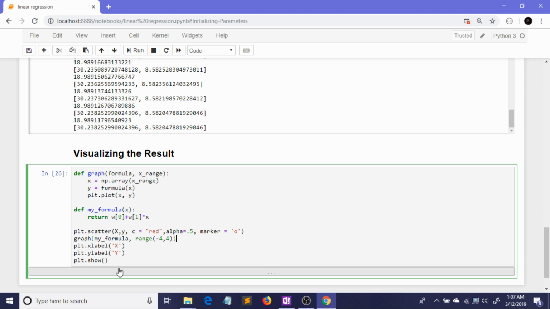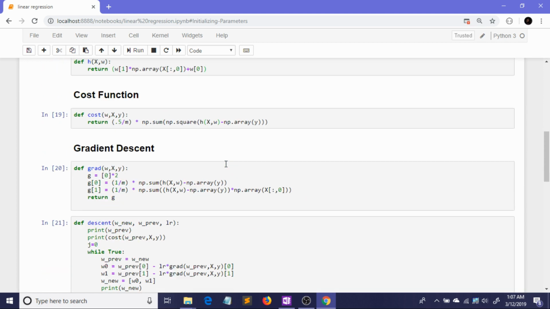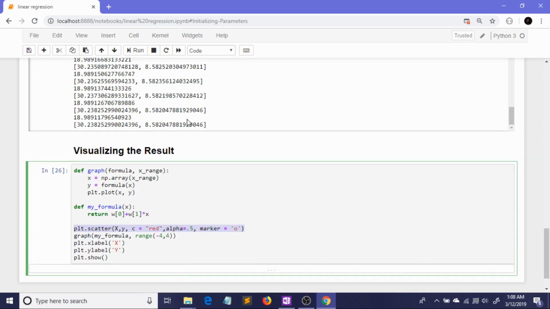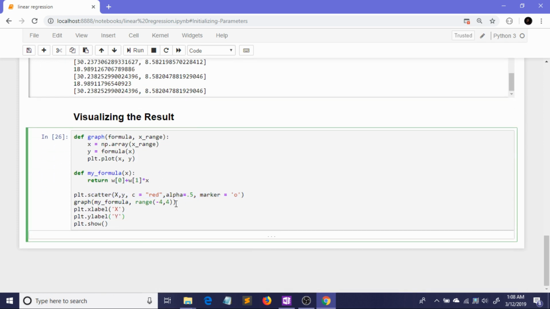This is just the basics for plotting the whole thing, and in this step I am plotting the scatter plot that I have already plotted there. So this will be plotted first, and after that I am plotting the line. Okay, so let me just run this,